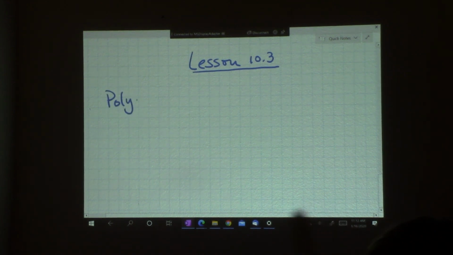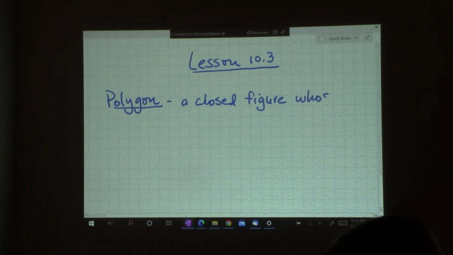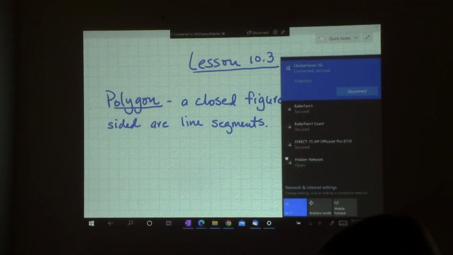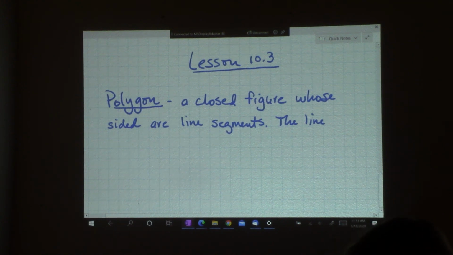So a polygon is a closed figure whose sides are line segments. The line segments intersect